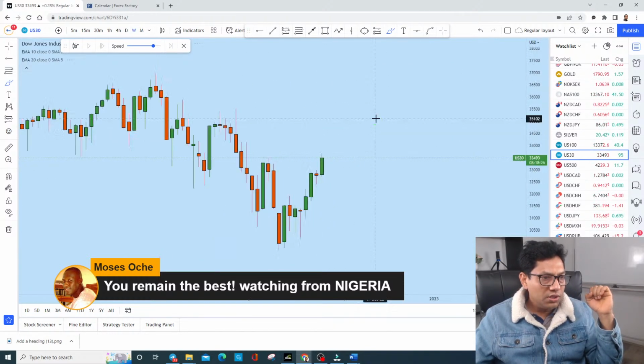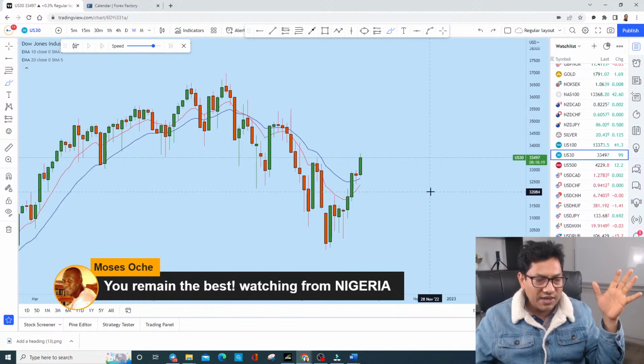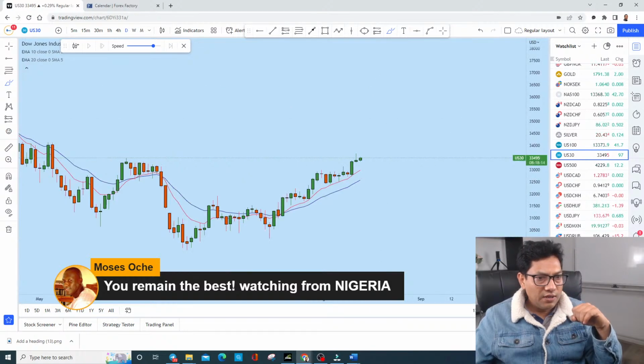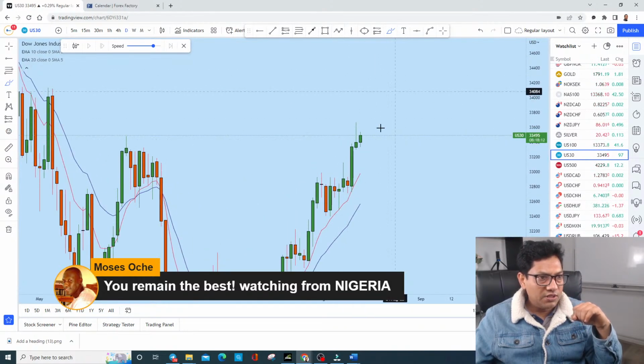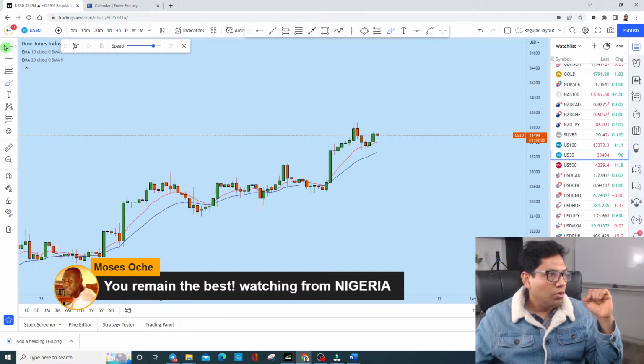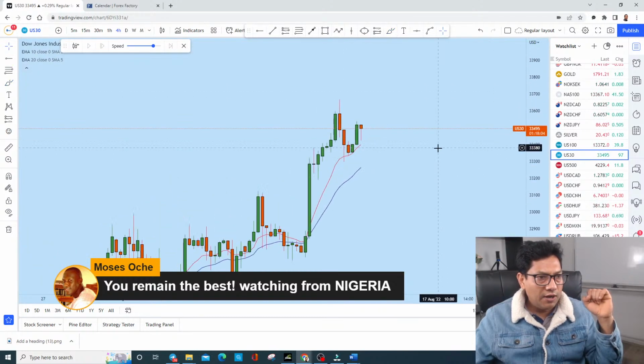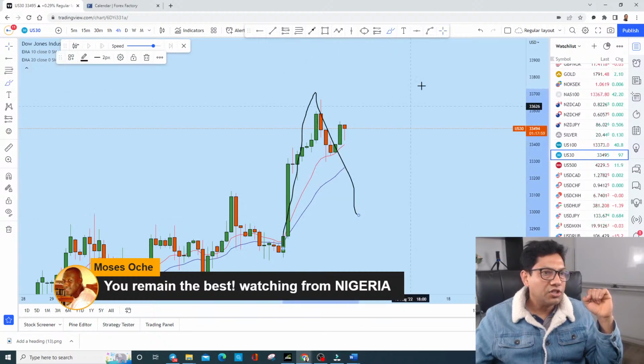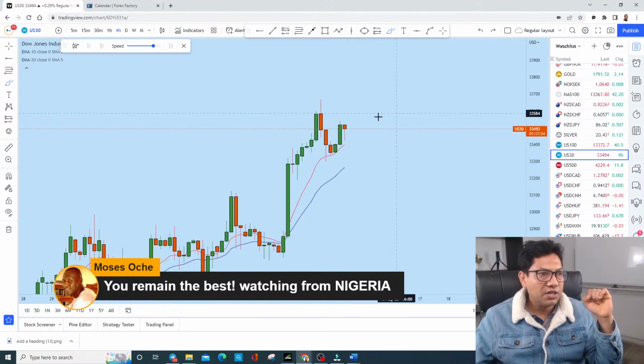Monthly we see bullish. Weekly, after this doji, we have seen the price start to push up, and this is exactly what I mentioned in my weekly forex forecast. On the daily, after the shooting star here, we have seen the price start to push up. Now on the 4 hour time frame, there is a big move followed by this correction, and we see the price started to move again.